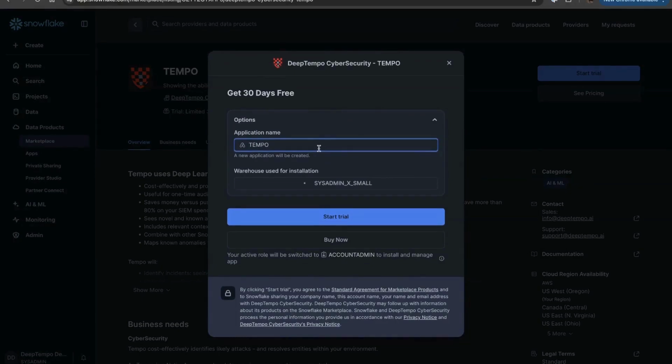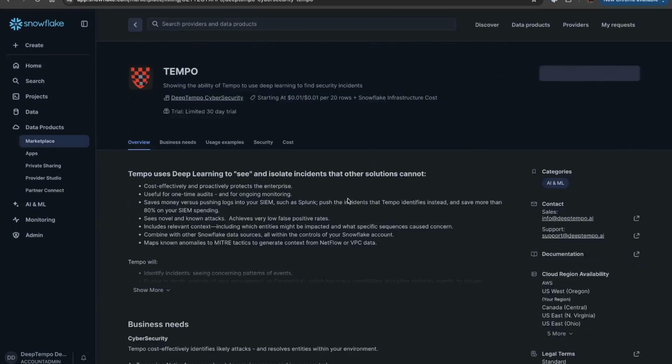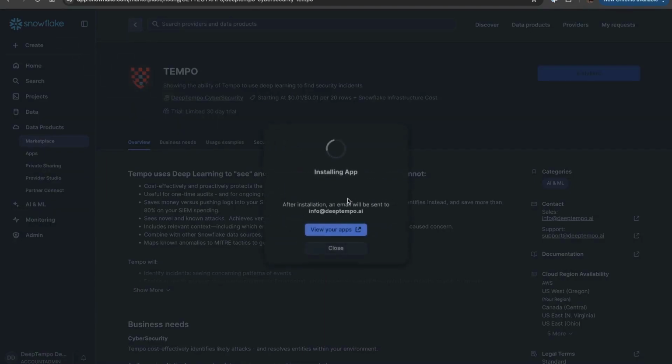Make sure that you have the correct application name selected and you've assigned a warehouse to it. Then move to the next prompt by hitting Start Trial. You'll need to wait a minute for Tempo to actually spin up inside your Snowflake account. Once this process is complete, you will be able to see this account in your Apps tab on the left-hand